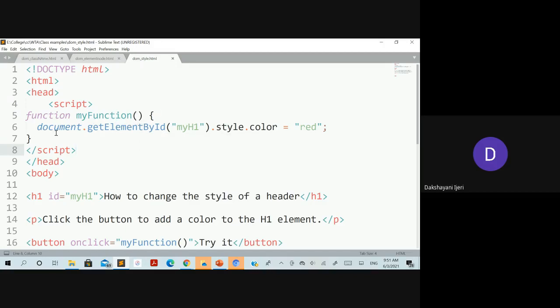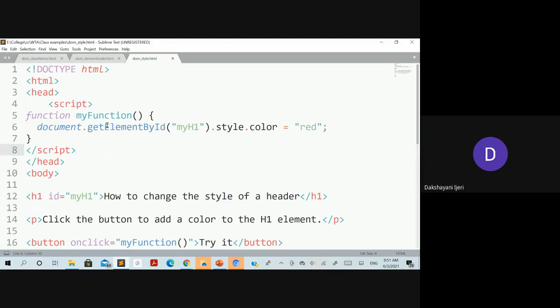And within the body, you just take the document as the object, followed by the dot, and we are interested in a particular element with a specific id. So you say getElementById. One more thing you need to take care of is that these methods need to be used exactly the same way.